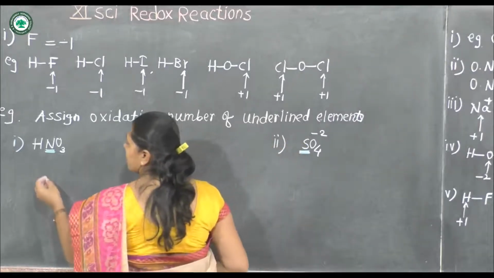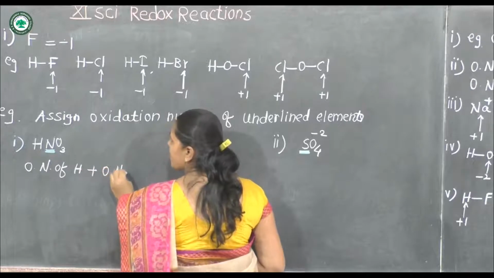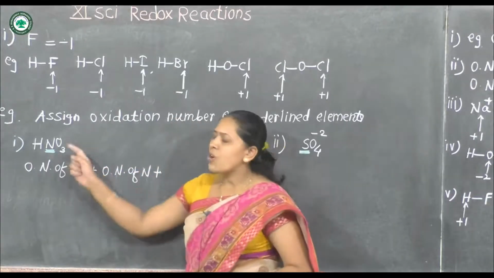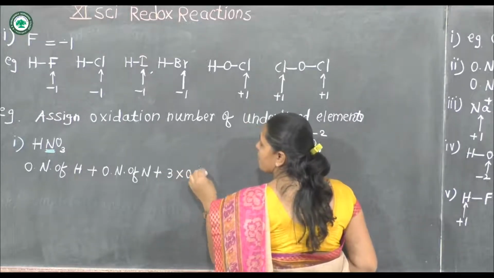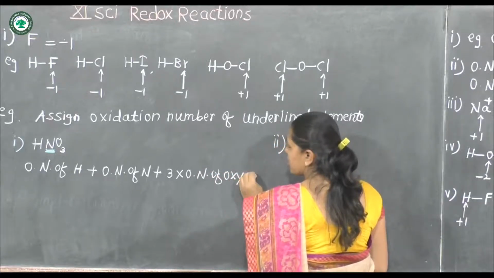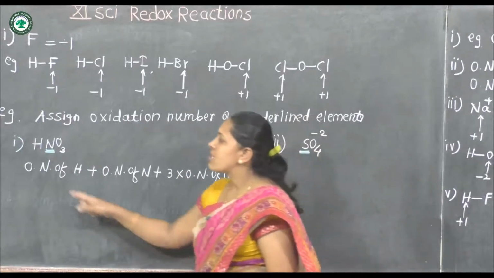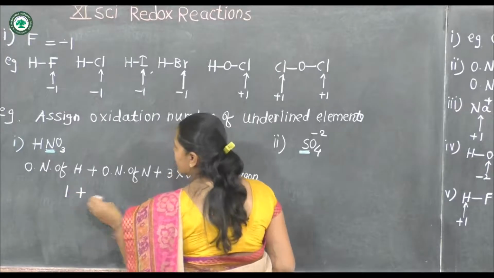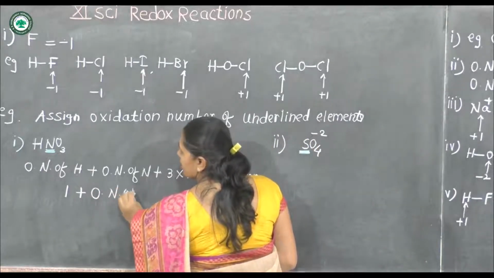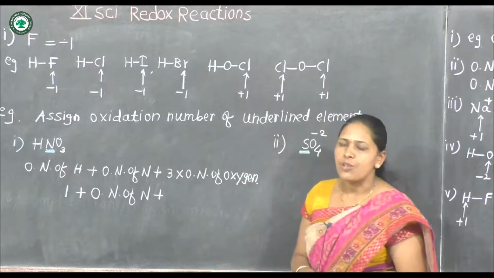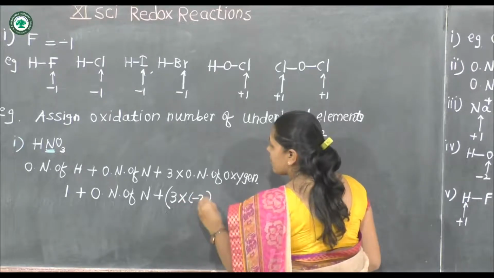Therefore, how to solve this problem? Oxidation number of hydrogen plus oxidation number of nitrogen plus, here one oxygen shows minus 2 oxidation state, therefore 3 oxygens show 3 multiplied by oxidation number of oxygen. By substituting values in this equation, oxidation number of hydrogen is plus 1 because it is attached to non-metal nitrogen. Therefore 1 plus oxidation number of nitrogen, which we have to calculate, then 3 multiplied by oxidation number of oxygen, minus 2, and it is equal to